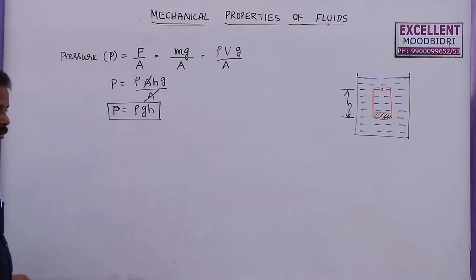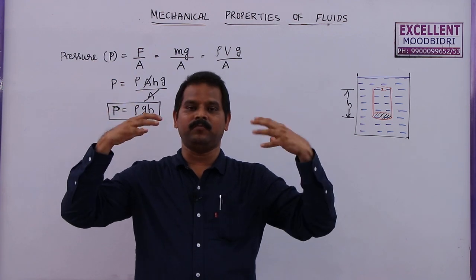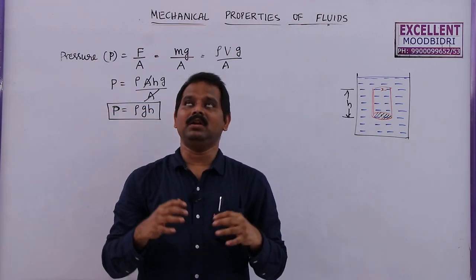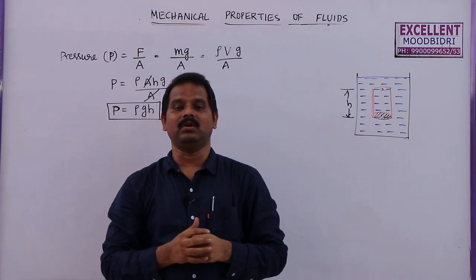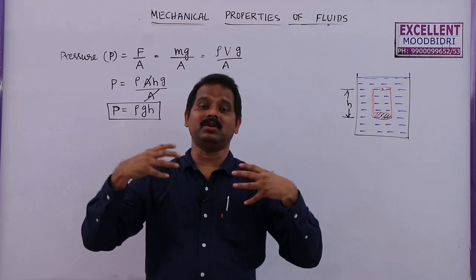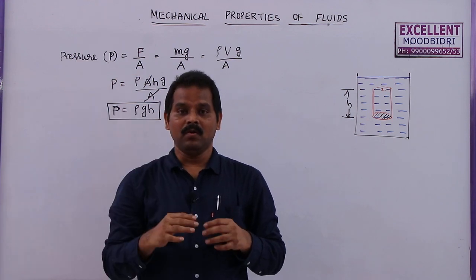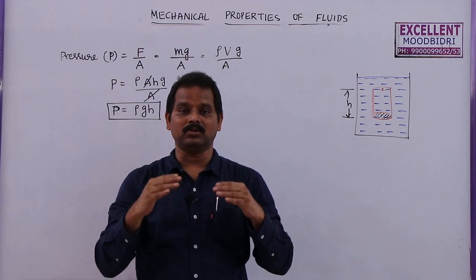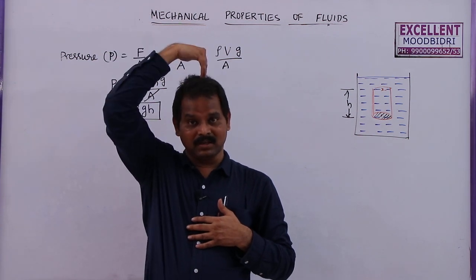We know that when we are standing here, the air is exerting some force on our body. What is the force exerted by the atmosphere on our body? We call it atmospheric pressure. What is the pressure exerted by the atmosphere on our body? We know that as it is a fluid, it always applies force normal to our body. So pressure is acting like this, force is acting like here.